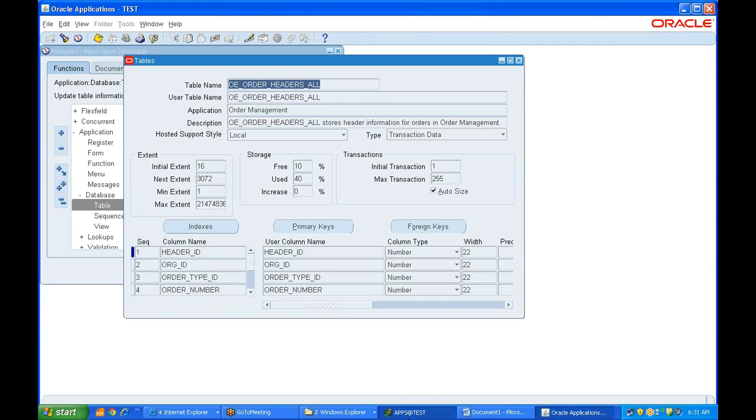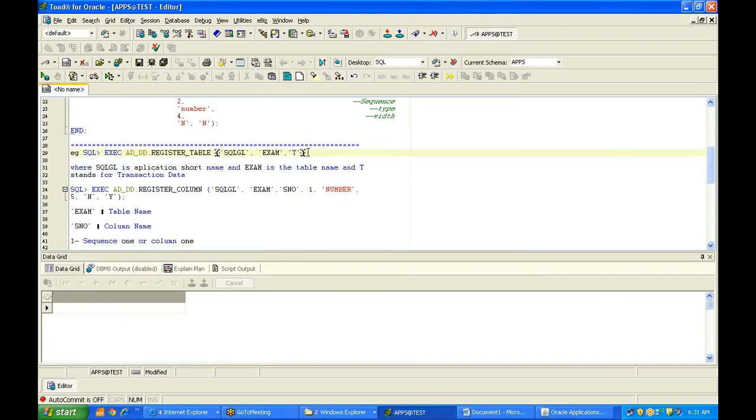So let's do that. So the command, as I told, for transaction data, I'm creating it. SQLGL is the application short name, exam is the table name, and the last is the transaction data. Once you register a table, whatever column names you have in your table, you have to register each and every column individually. So execute